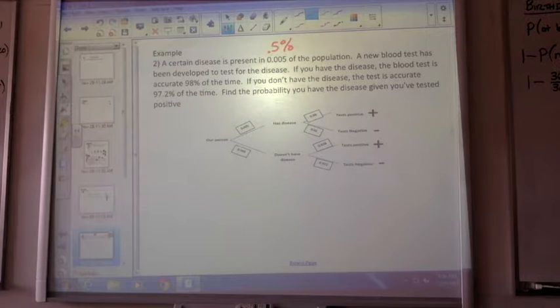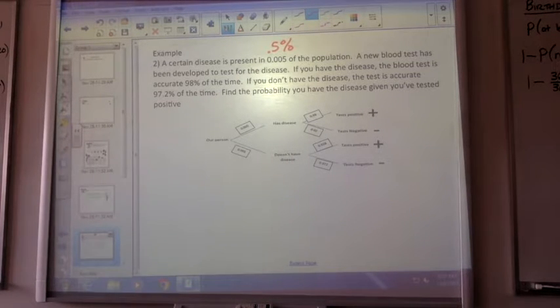test came back negative. And then if you had the blood test done and you don't have the disease, 97.2% of the time they will say, "Yep, you're good." But there is a 2.8% of the time that you don't have the disease and they test you and they show that you do have the disease. That's something that does take place in the medical community. There's nothing perfect about medicine. There's not a one-size-fits-all for everybody as far as medicine, so you start relying a lot more on data and